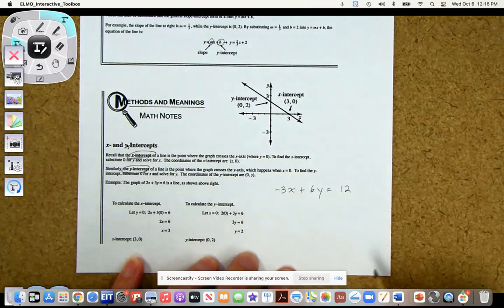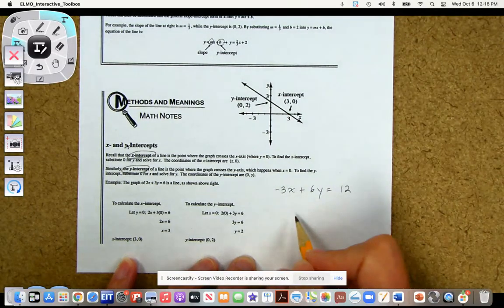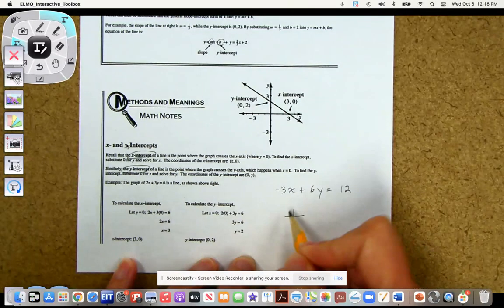Okay. If I wanted to find the x-intercept and the y-intercept, what I'd be doing is